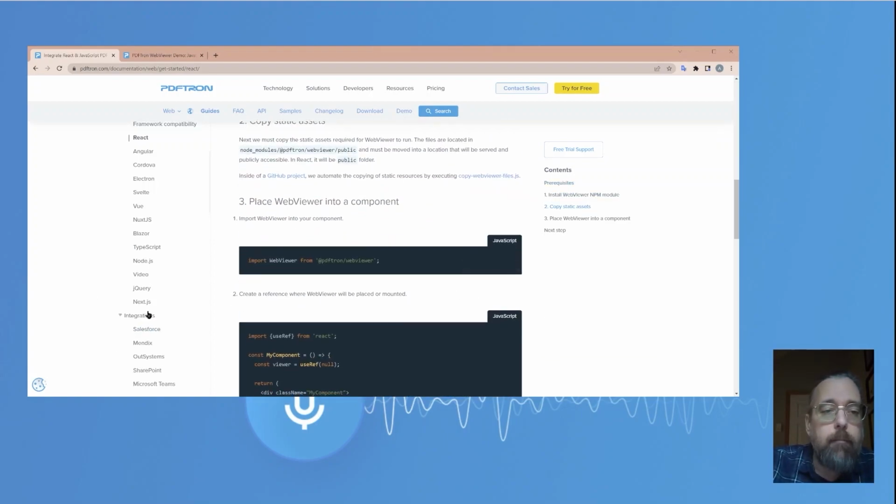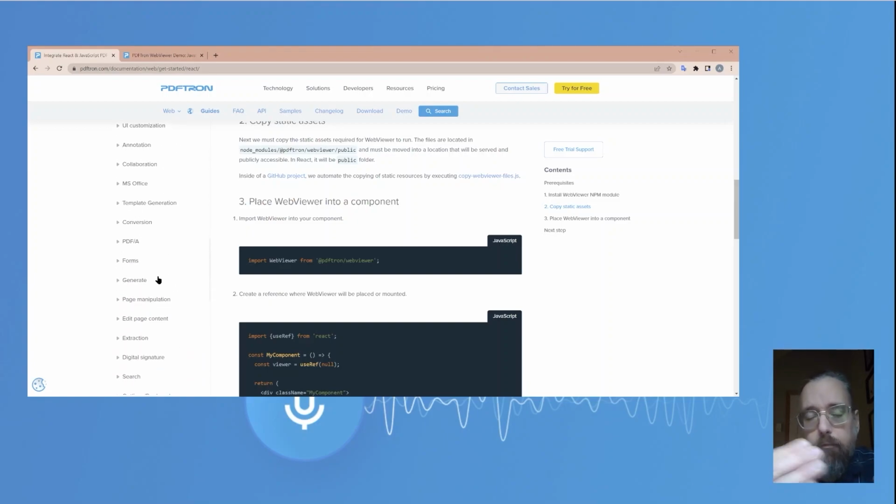We also have guides around integrating WebViewer within various other third-party systems that you might have. Things like putting a WebViewer into a Salesforce page, or integrating it directly inside of SharePoint. And then we have a variety of other guides here that kind of walk through different use cases. So whether that's getting conversion happening inside of the browser, or